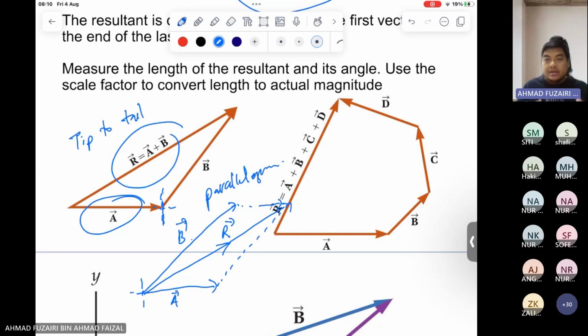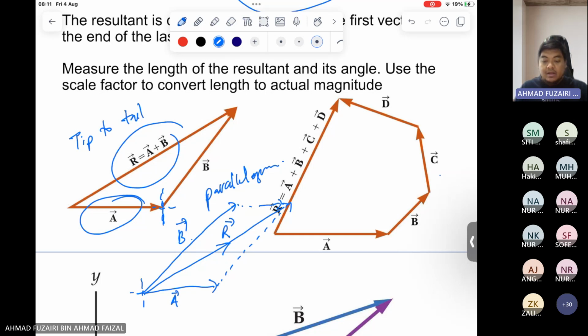Okay, so we can say that both directions of the resultant are quite the same. And of course, if we use the right measurement, if we do it properly with the use of a ruler, then we can always have the same measurement of resultants. But we can only use the parallelogram when there are only two vectors to be